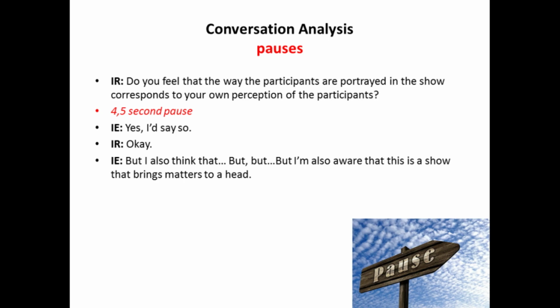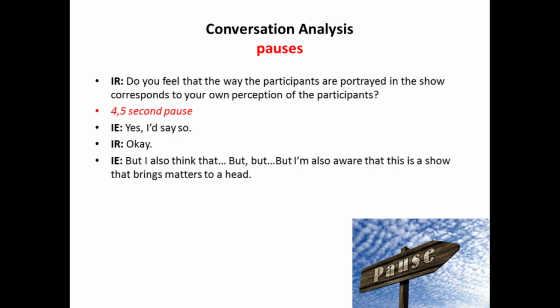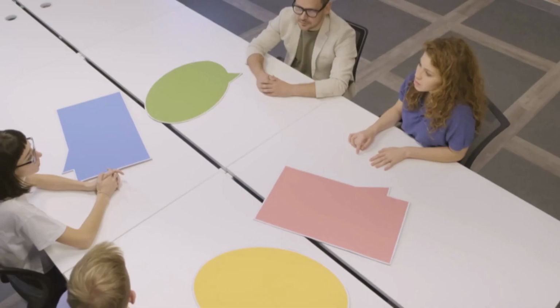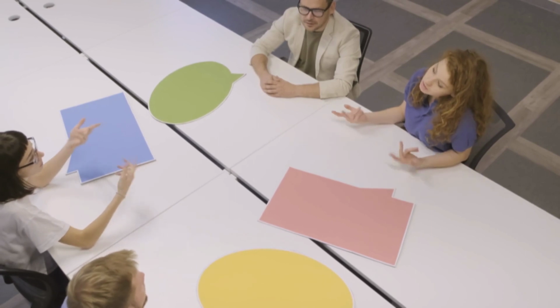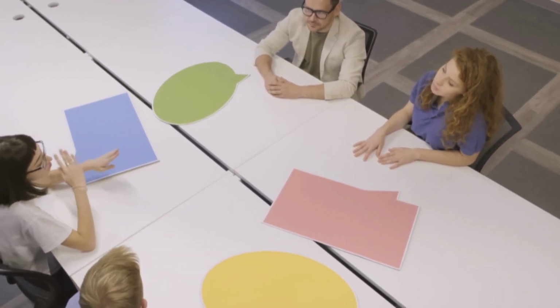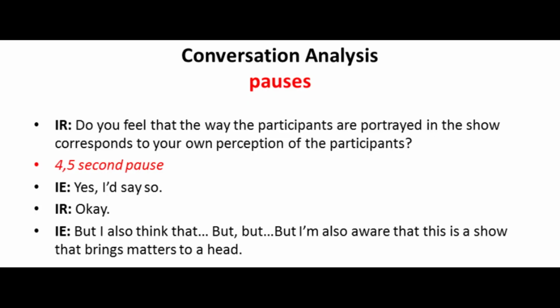There's a 4.5-second pause, which indicates a possible problem source, that what I've asked her is problematic in one way or another. She says yes, but not unequivocally and unconditionally. An assessment follows her acknowledgement. Her assessment is then followed by the conjunction but. What follows this conjunction is the syntactically most prominent part of a person's statement. Just think of all the times we say yes but or I know but, which is a polite and frequently occurring way of disagreeing with somebody. Here the host's initial yes is undermined by first the pause and second the conjunction. So maybe the portrayals aren't always truthful.